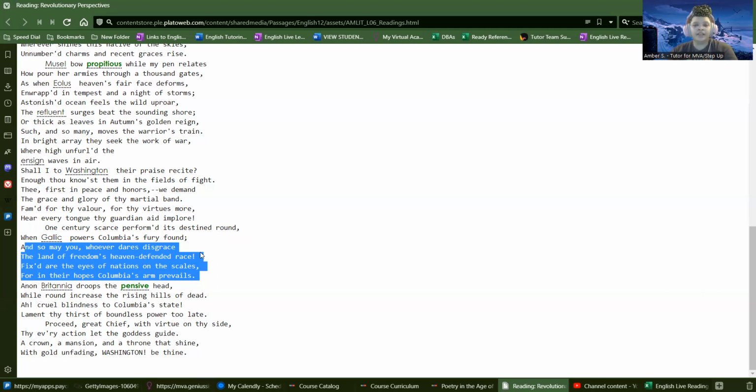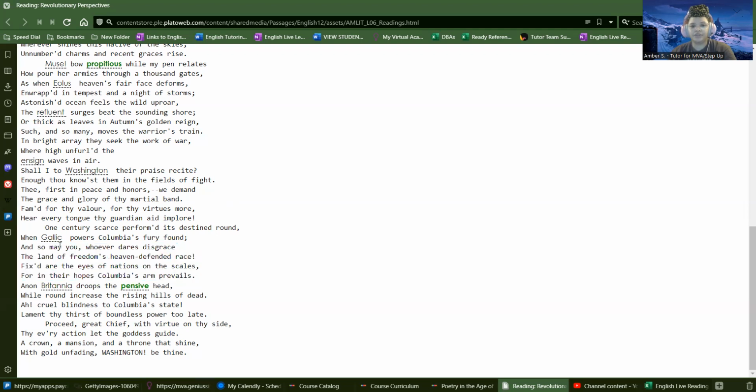So she's saying that since the colonists were upset at being defeated by the French a century before, other people who are disgracing America's freedom will also find America's fury. So she's basically saying the type of fury that America and the colonists felt when they were defeated during the French and Indian War, they're going to turn that on anyone who dares disgrace the land of